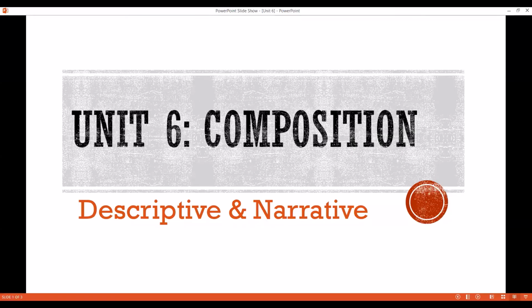Composition comes from compose. It means you are composing something, you're writing something, you're creating something of your own. And what you create is basically descriptive or narrative, right? Either your written piece is descriptive or it's narrative. So what is the difference between descriptive and narrative? If I say only use one word and let me know about these two terms.